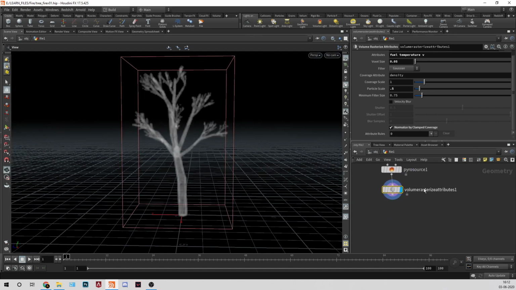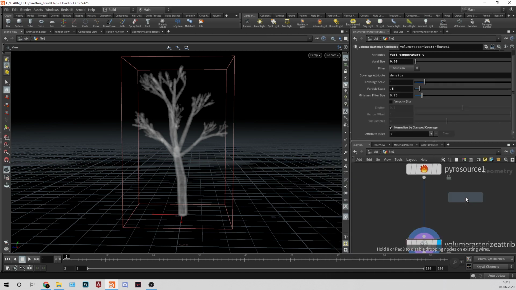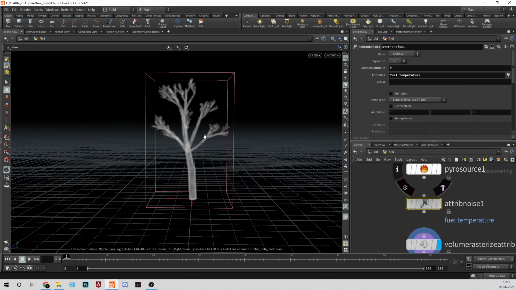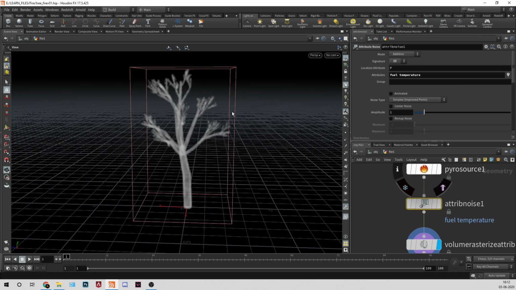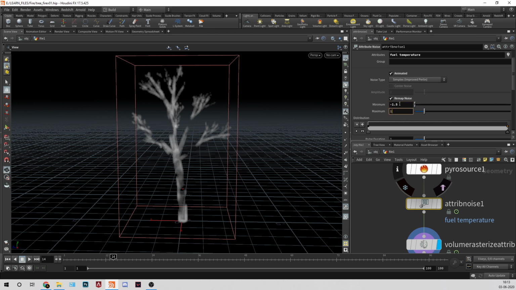Now I'll first create an attribute noise for fuel and temperature, and I'll change it to fuel and temperature. Now I'll change it to a 1D noise, and I'll do animated noise. I'll remap it from -1.5 to 1.5.